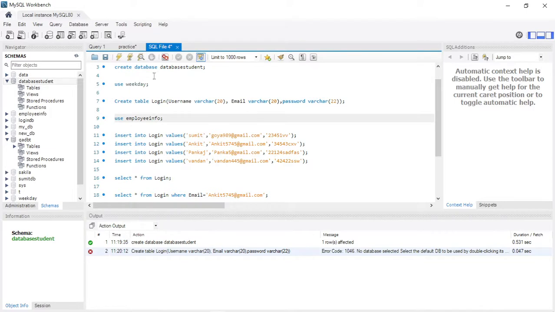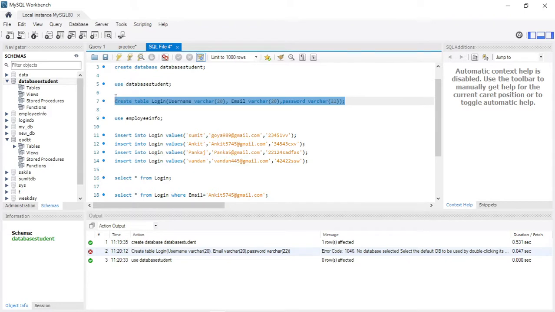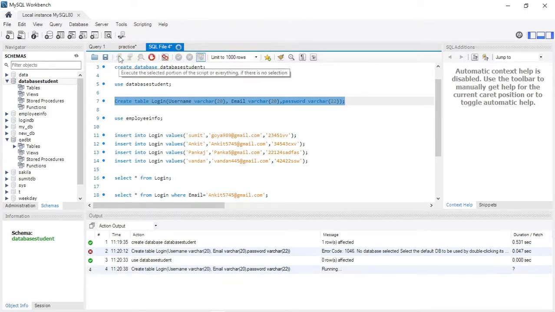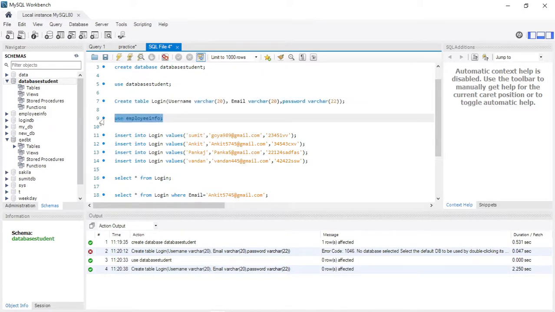Basically, once you create the database, first you need to tell which database you want to use. So I want to use this database. Let me copy this name. Then only you can work on the database. So first, this is the command: use database, and then I will create the table. I save it like this. Now the table is created, and you can remove this one.